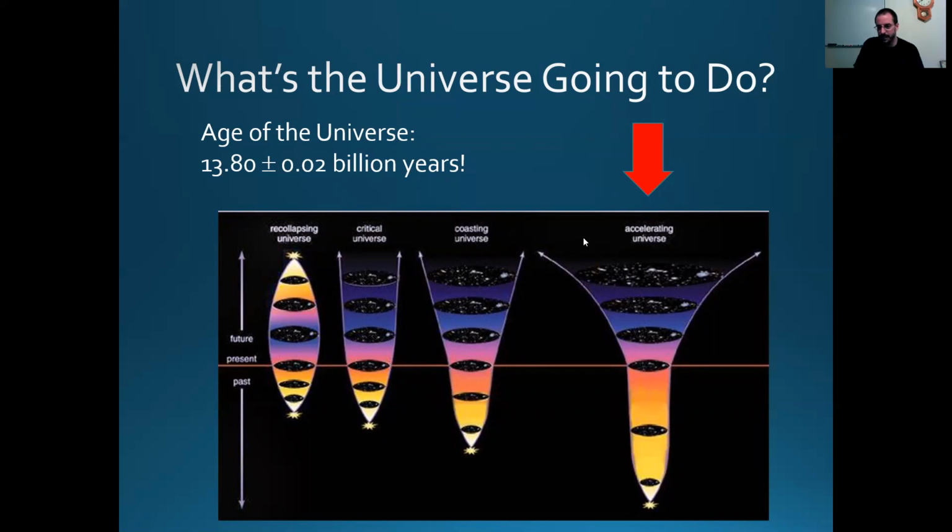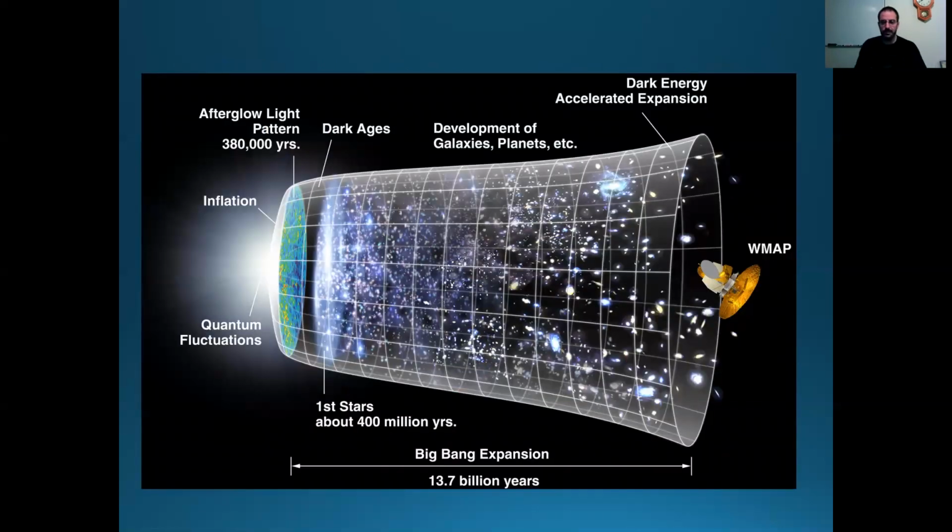But either way, according to the best evidence we have now, this is what's going to happen. The universe will expand forever and ever, and it will eventually accelerate. So that's where we get to this picture here. Again, there's our cosmic microwave background. Here's the first stars and galaxies. Here's our expanding universe, and we can see the acceleration starting to kick in over here. And then there's this little thing here called inflation.